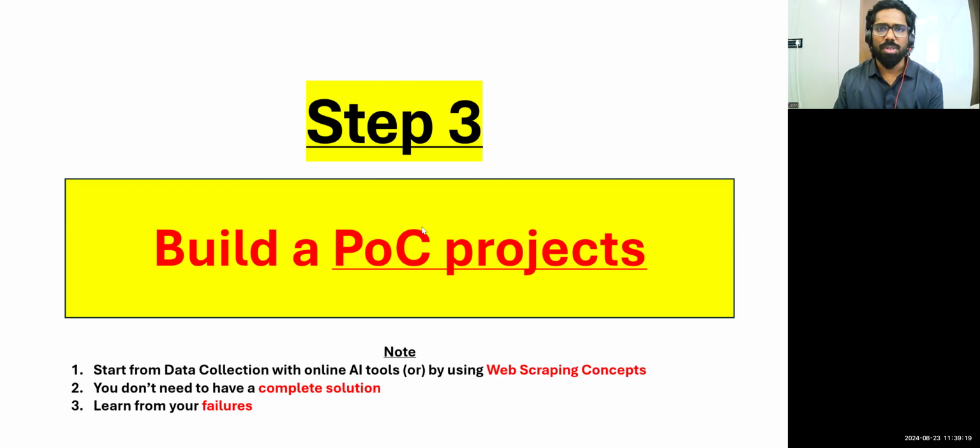Step number 3 is done. So step number 4: prepare a documentation. Let me stop sharing my screen. What do we mean by prepare a documentation? Now you have identified the projects, you're building the POC, and now you need to prepare a documentation. These are all the proposed solutions. This is how I've taken the data set in a Word document or in a Google Sheet, convert that into a PDF, make it confidential, and you can send it to that employer. That is step 4, prepare the documentation.